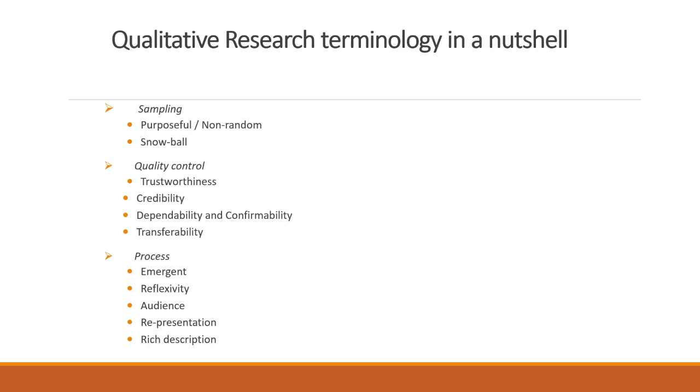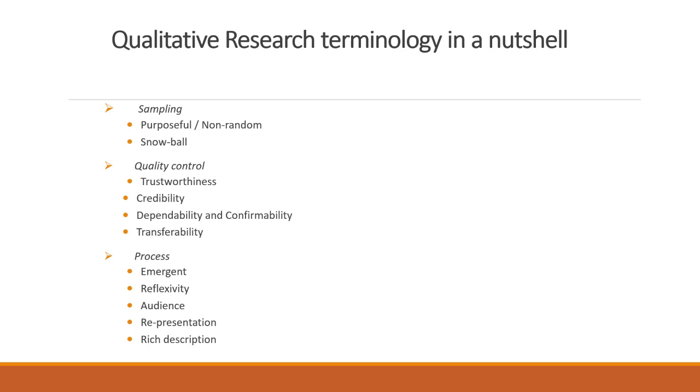And then in terms of quality control, because in the initial stages, many years ago, the question was: with quantitative, it's easy to be able to measure, to be able to check, but with qualitative research, how do you determine quality control? And of course, as researchers, we're always thinking, imagining, and looking at ways in which some of these questions or critiques can be answered. And so the steps towards quality control for qualitative research are trustworthiness, credibility, dependability, and confirmability,